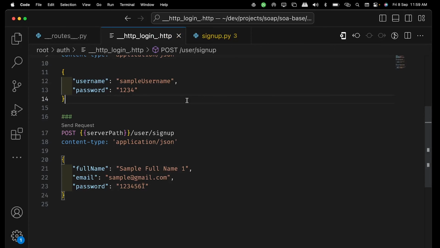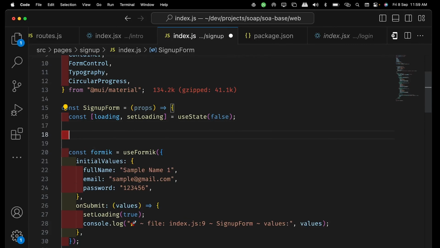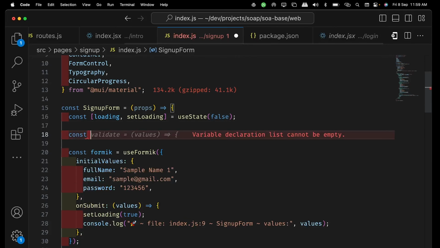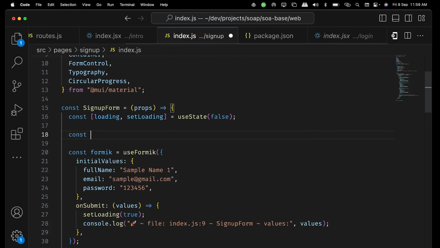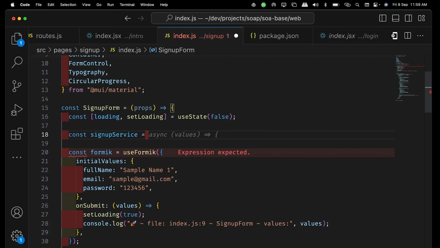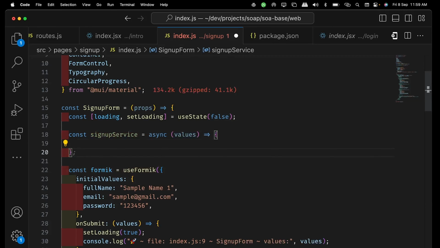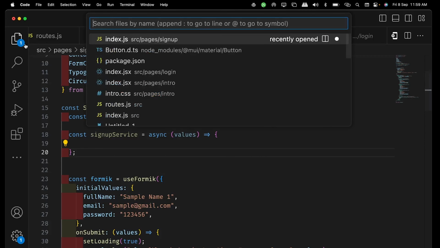So now we'll go back to the UI and then try to adjust. So we'll go back to the front end. We'll create some function, constant sign up service. Let me take the values as input. So we'll go and grab the same logic that we have done before. So I think last time we have